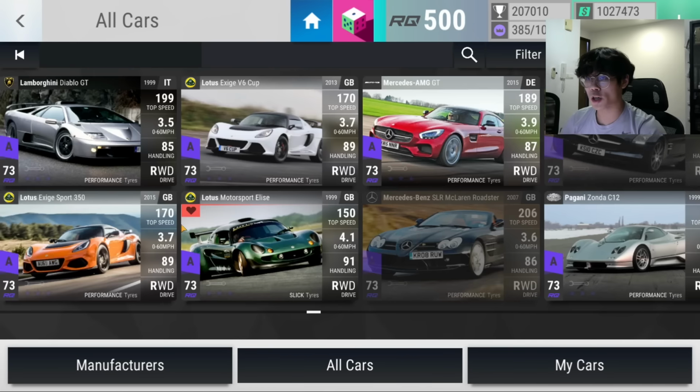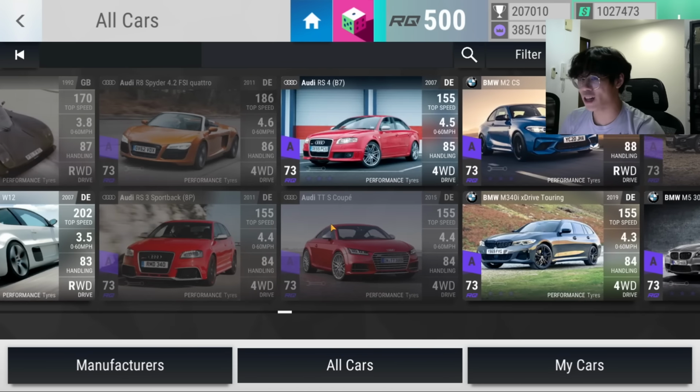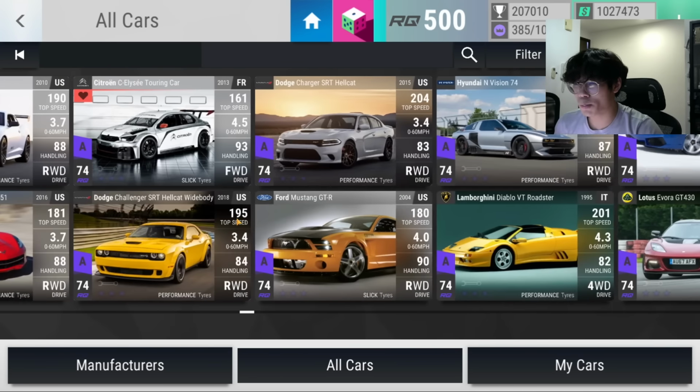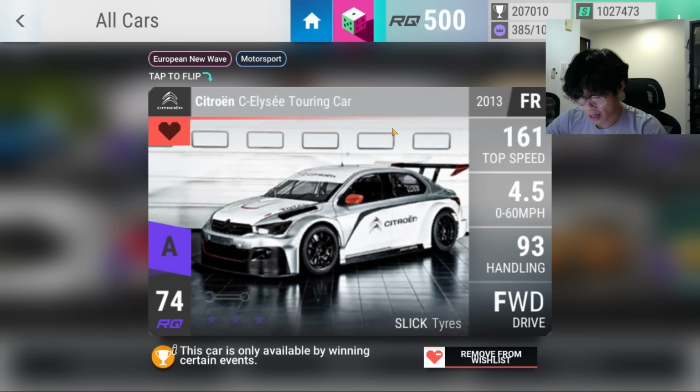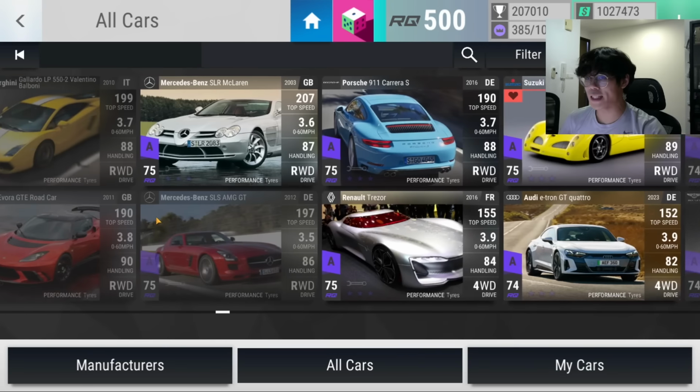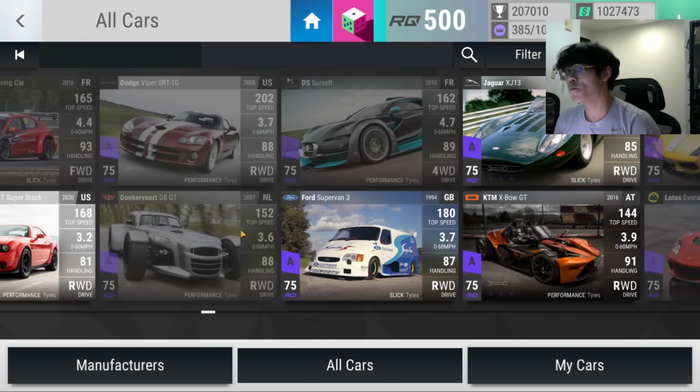Now moving on, RQ74 is another prize car, the Citroen C Elise. So where is it? I should be able to locate it. There it is. There you go. 323, 27:33 is the time. RQ75 goes to the Hayabusa with a time of 26:70, and then RQ76 is your best epic for the slalom